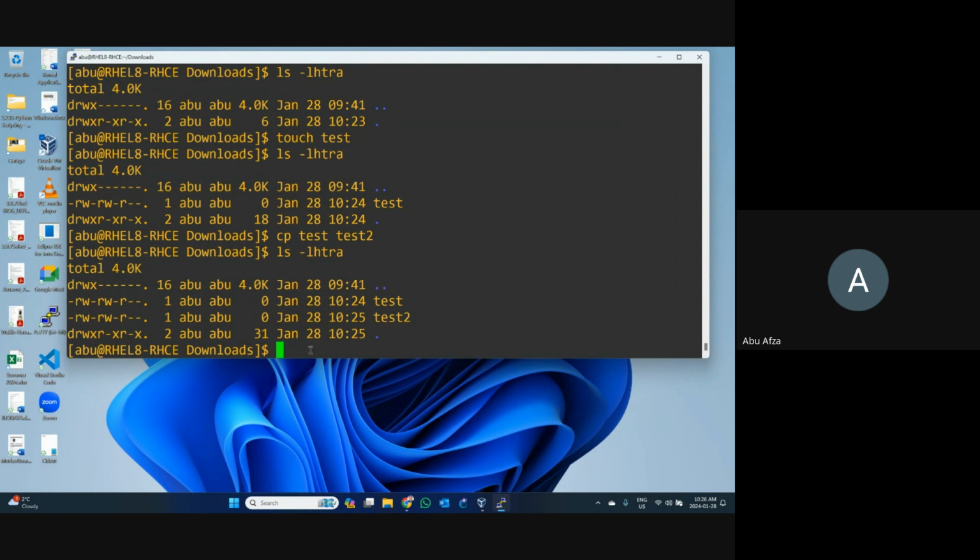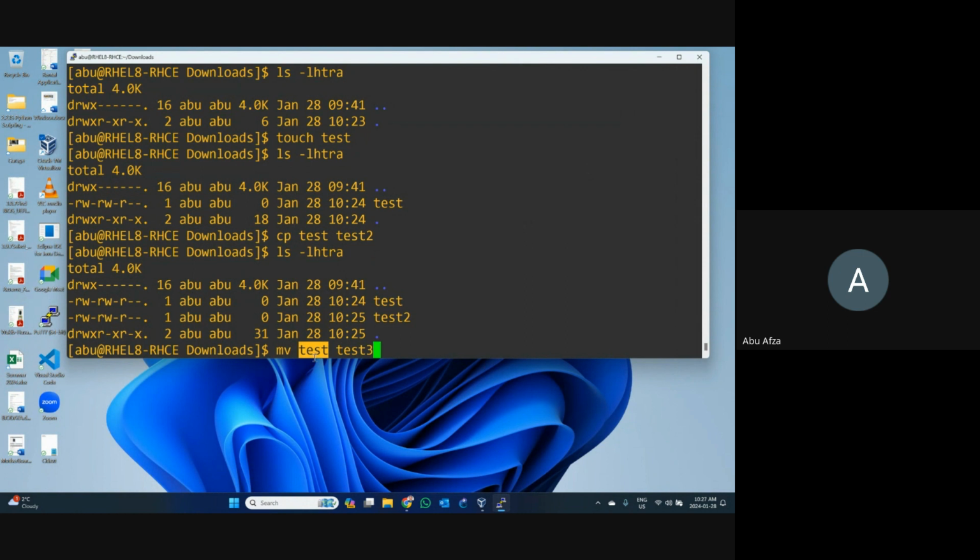How to rename? The rename command we are using here is move, mv. With mv you can move your file from one directory to another directory, or you can change your file name. Move is actually just making a copy and changing the name. So let's write down move. I'm going to change my first file test1 to test3. Move, mv, works for moving or renaming your files.